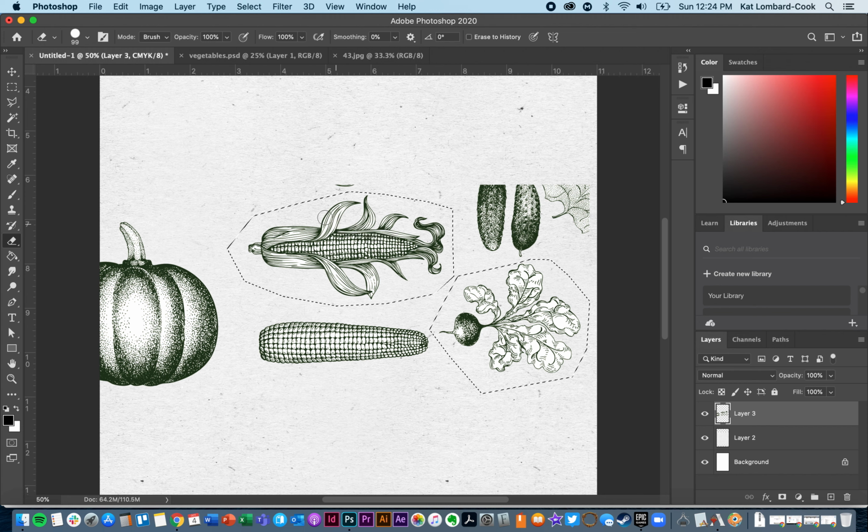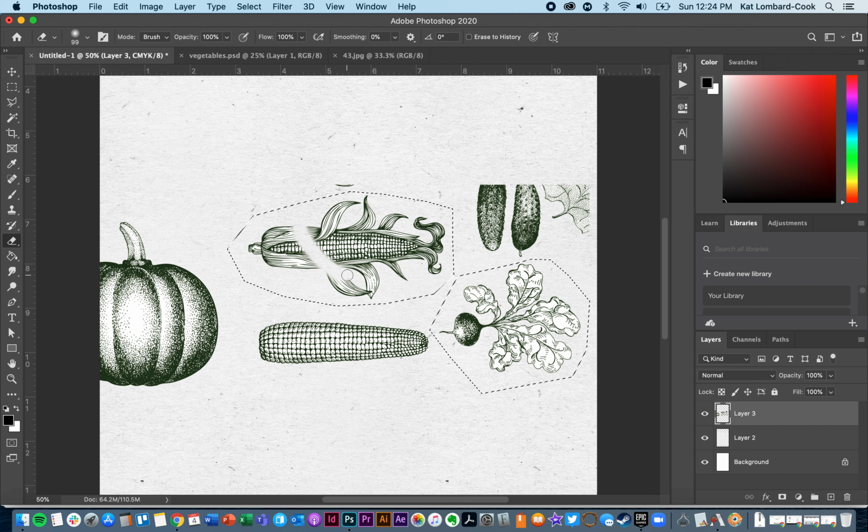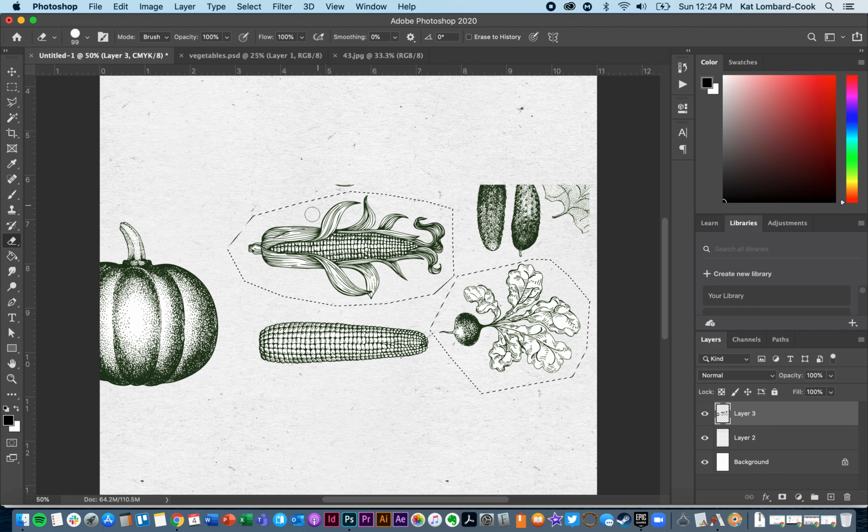I'm going to edit undo. If I make it fuzzy, when I go through, you see that the edge here is feathered. I'm going to edit undo. Now, I think hopefully when you see me do that, you understand that as I'm going through here, it's only erasing what is in my bounding box. Now that's the opposite of what I want it to do right now. I want it to protect the corn and to protect the radish here,